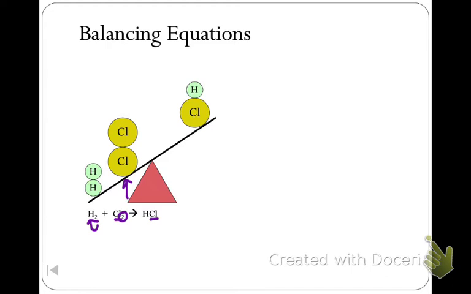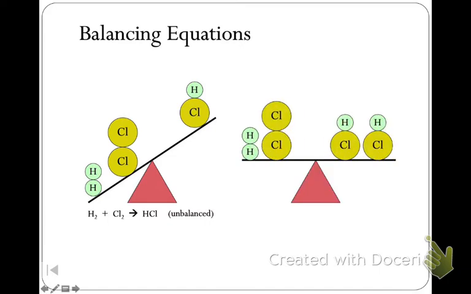We're going to look back at those coefficients we talked about a couple classes ago, because when we add a coefficient, that tells us we need 2 of those molecules. So I want to look at, we have 2 hydrogens, but here we only have 1 hydrogen in that molecule. So I need 2 of those molecules to make it work, right? I need 2 of those whole molecules. And by putting a 2 in front of this HCl, that means I have 2 hydrogens and 2 chlorines, which then satisfies my Cl2 problem as well. So if you look here at the picture,